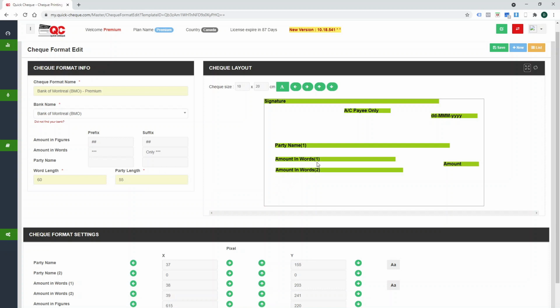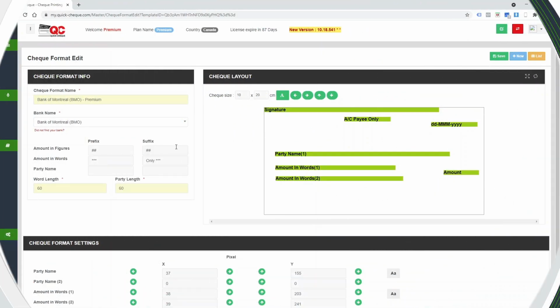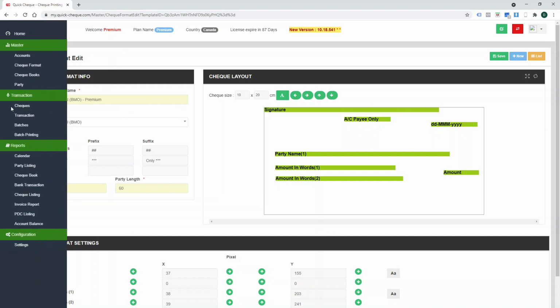So after a certain amount of characters, this line will go ahead and print it on the second line. Similarly, if you have a bigger check and you want to increase it more, you can increase it more than 60. 60 are the default values, and most of the banks will support this kind of length on the first amount in words field. Now let's go back to our check screen and see how we can import the checks.